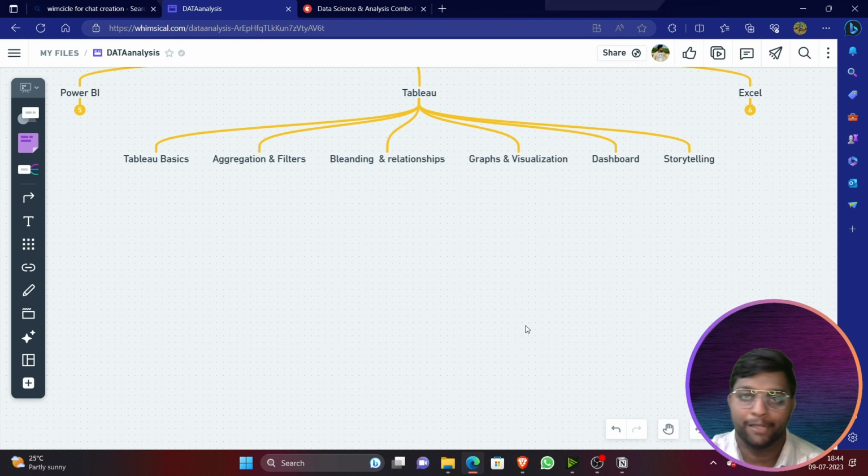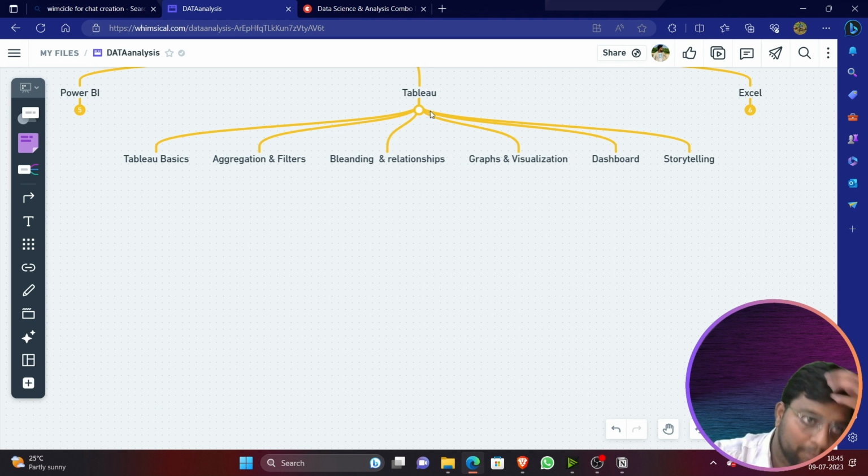When it comes to a data analyst job, if you show them the reports you have done, by seeing them only, they should get to know. Your work should speak, not you explaining. By seeing that, they should get to know, okay, at this particular point I got loss, at this particular point I got profit. Graphically it should be clear. You should explain it too, but your graphs matter more.